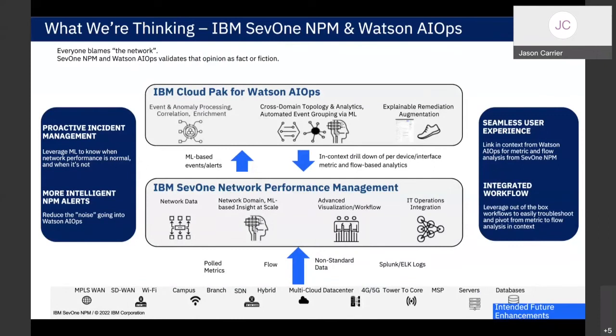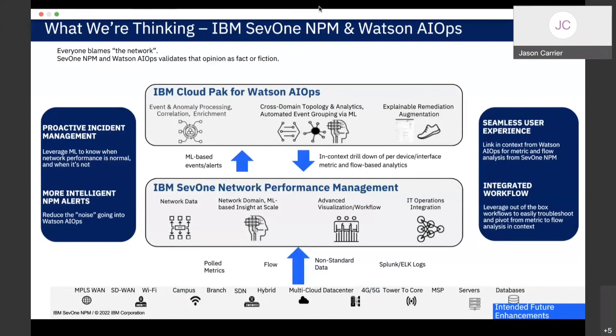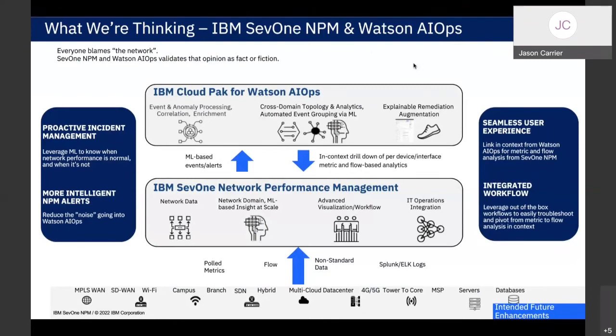For example, cross-domain topology, and help to remediate those by doing correlation and figuring out what's related to what. So when a specific service goes down, correlating the data from all the different monitoring tools together to figure out one cohesive story of what's really happening. That's the promise of what Watson is.